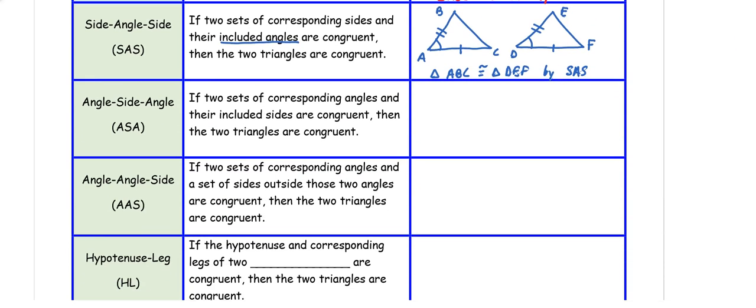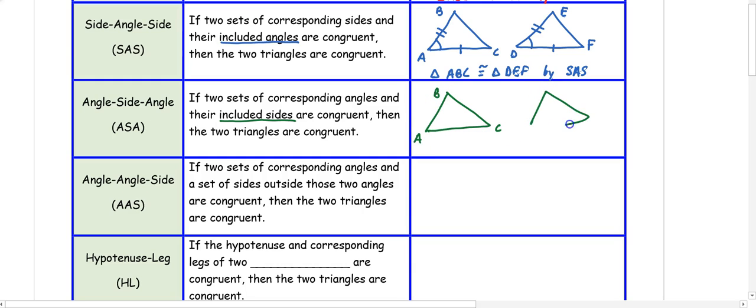The next method is angle, side, angle. So in angle, side, angle, we have two sets of corresponding angles and their included sides are congruent for the triangles to be congruent. So when I draw my two triangles again, ABC and DEF,